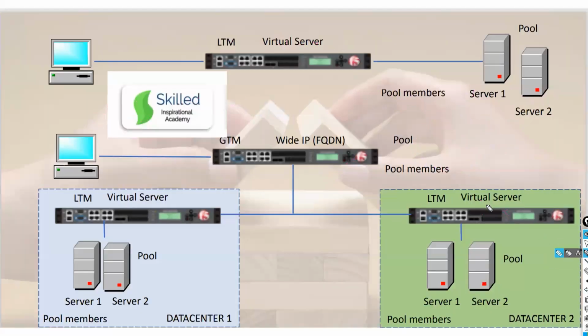Now guys, a very important picture which comes into the concept of F5. You can see two pictures here. One is LTM, one is GTM. So what do these virtual servers, pool members and pool represent? Now I will talk about this. These are the major components which are the base of your load balancer, whether it is LTM or GTM or ASM.